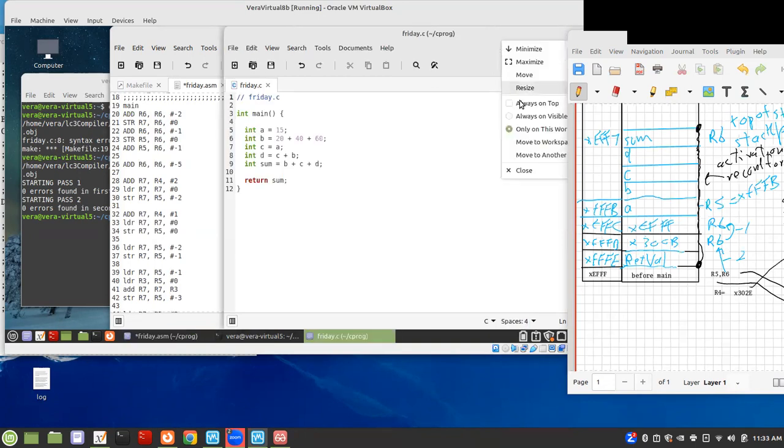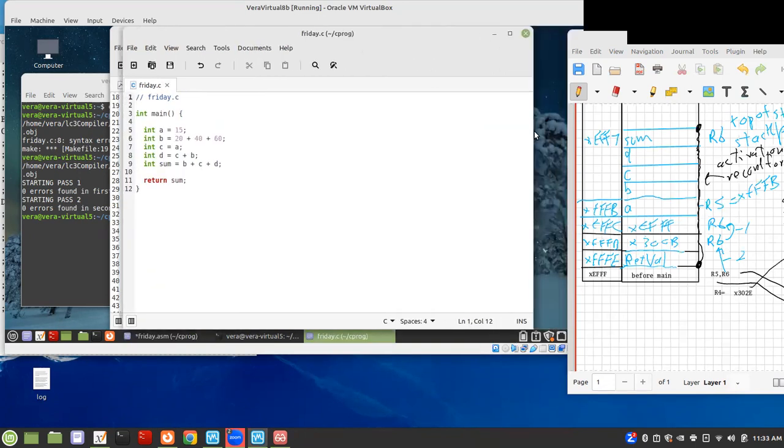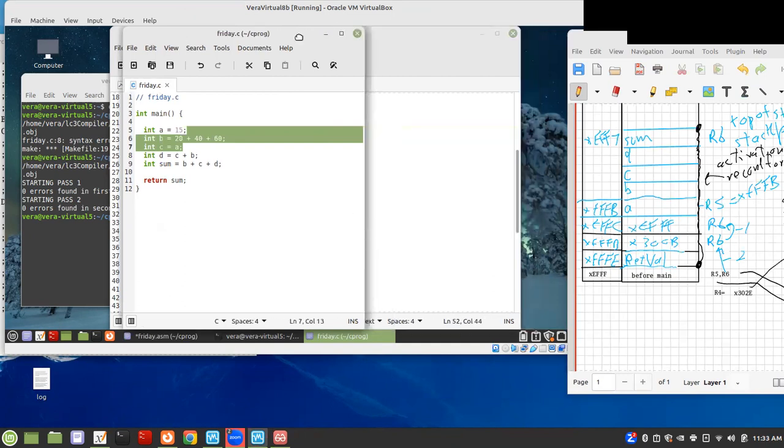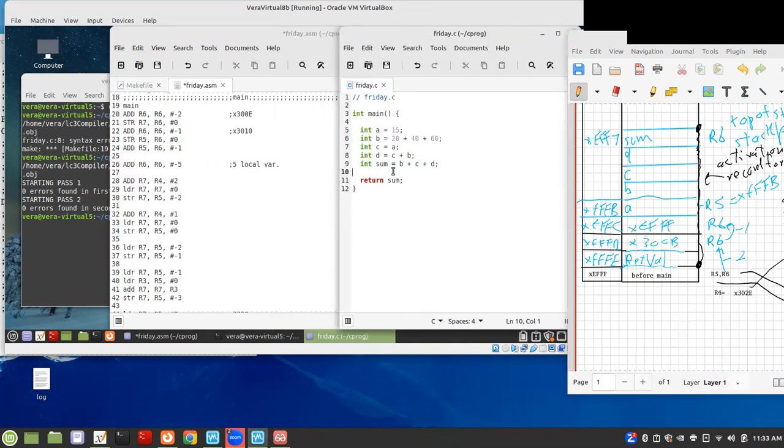make this program so we can compare what's happening in here, because we know it's happening in order, right? So we have int a equals 15, it's gotta be this one here, right? This has got to be int a equals 15 because it's the first C instruction, and we know that this